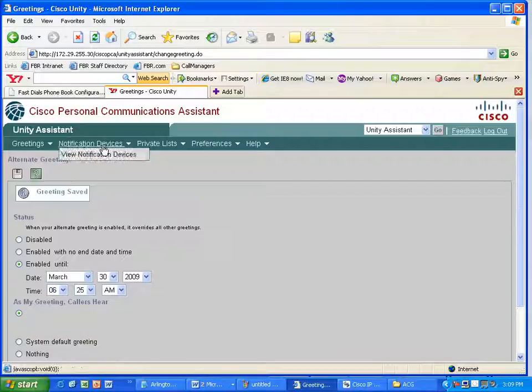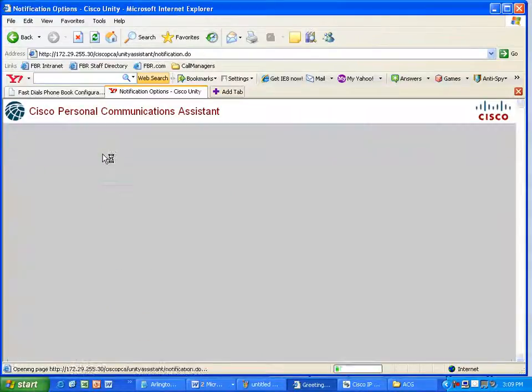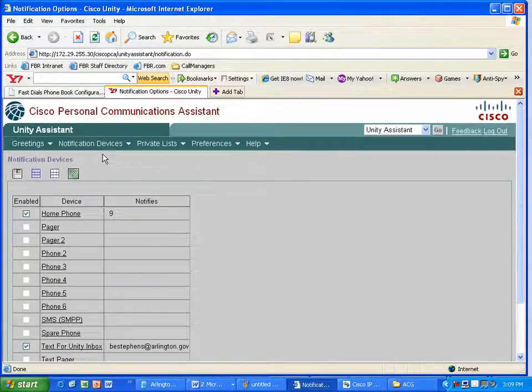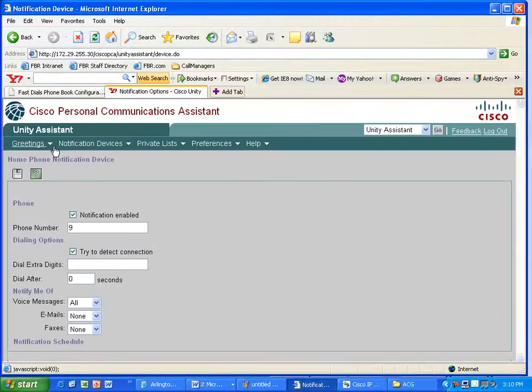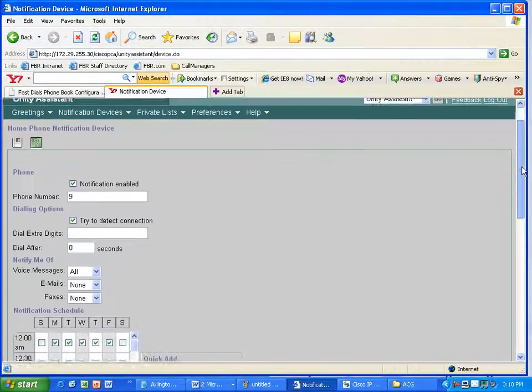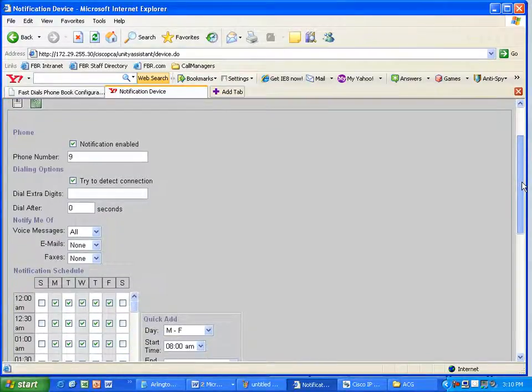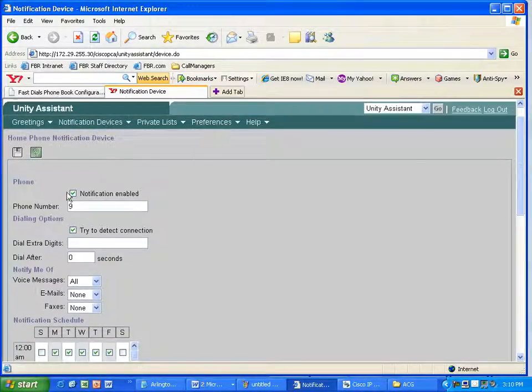Notification devices, you can go to notification devices and click View Notification Devices. What notification devices are used for is to allow you to have your phone called or an email sent to you to notify you when your desk phone receives a voicemail. I can modify this and customize it to my own desire. Basically what I can do is I can do a checkbox in notification enabled, put the number in there that I'd like,